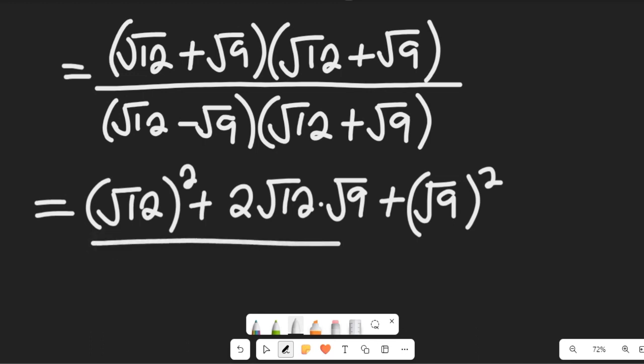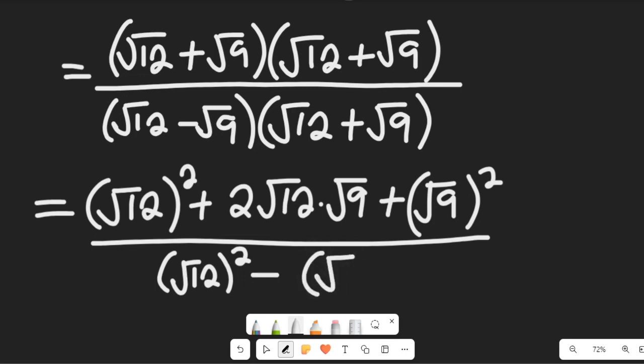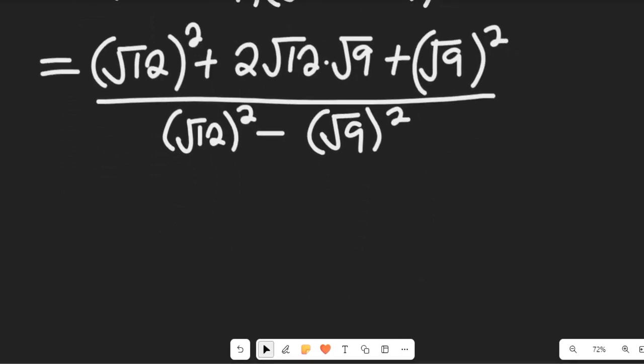And this is divided by, expanding the denominator, the square root of 12 all squared minus the square root of 9 all squared. If we simplify this, the squares clear the square roots, so I'll be left with this solution, 12